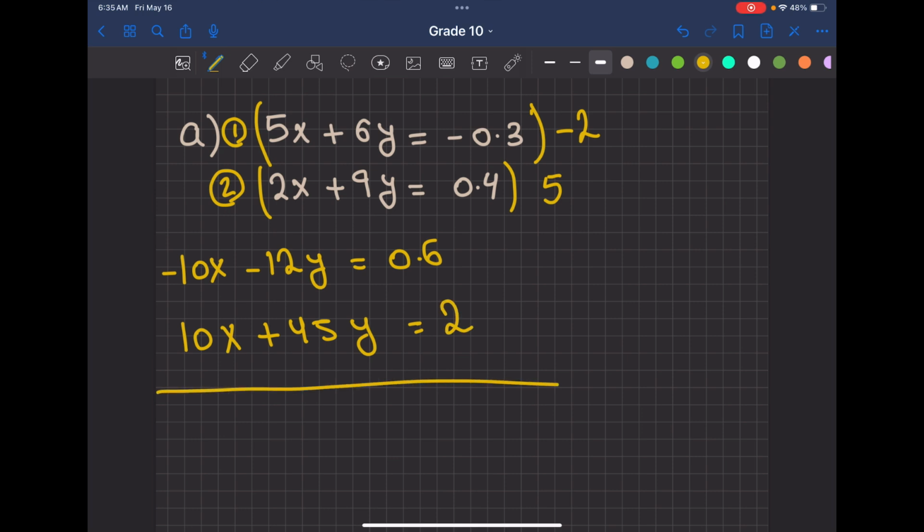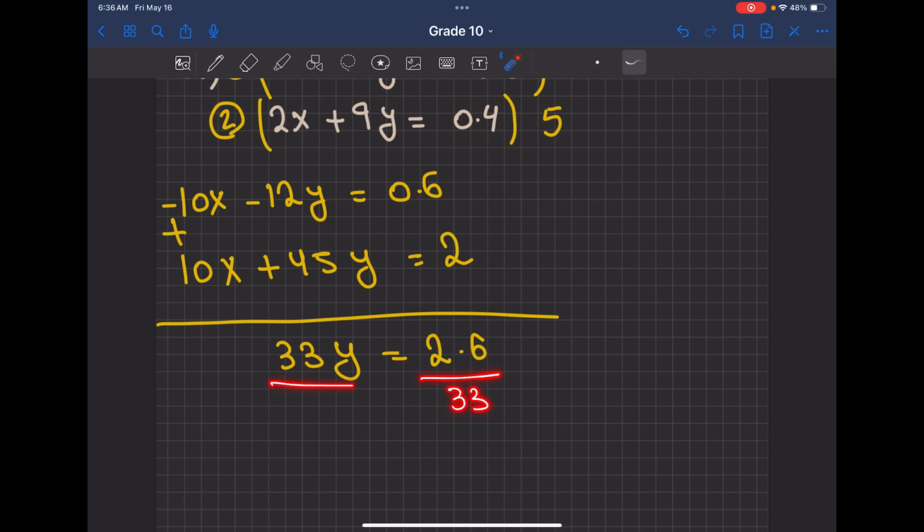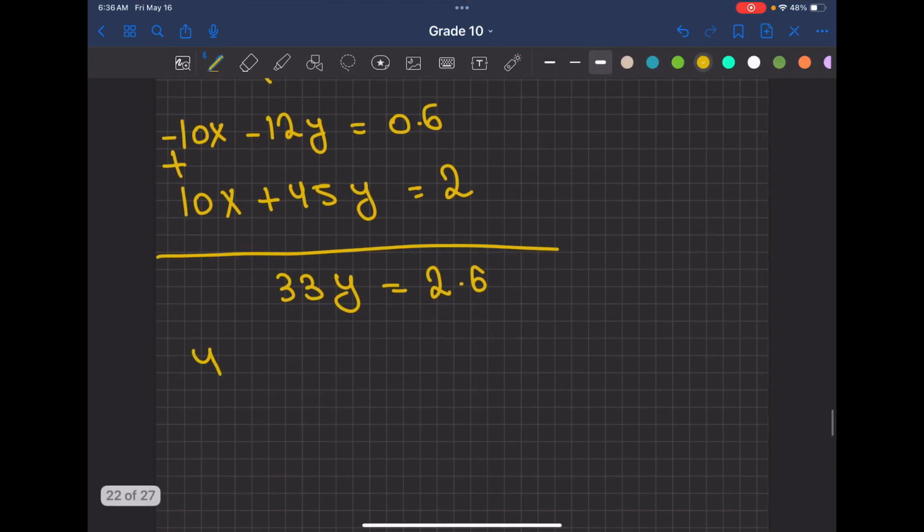And we're going to use addition in order to get rid of x and solve for y. So minus 10x plus 10x cancel each other out. Minus 12y plus 45y equals 33y. 0.6 plus 2 equals 2.6. We have to divide both sides by 33 in order to find just y. So y equals